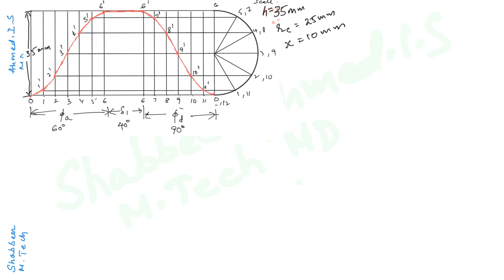And other data we had: phi a is equal to 60 degrees, and delta 1 is equal to 40 degrees, phi d is equal to 90 degrees, and delta 2 is equal to 170 degrees. With this data we will now proceed with